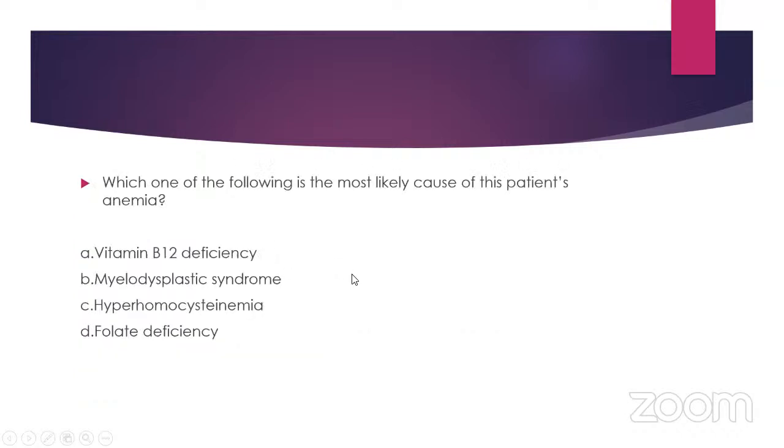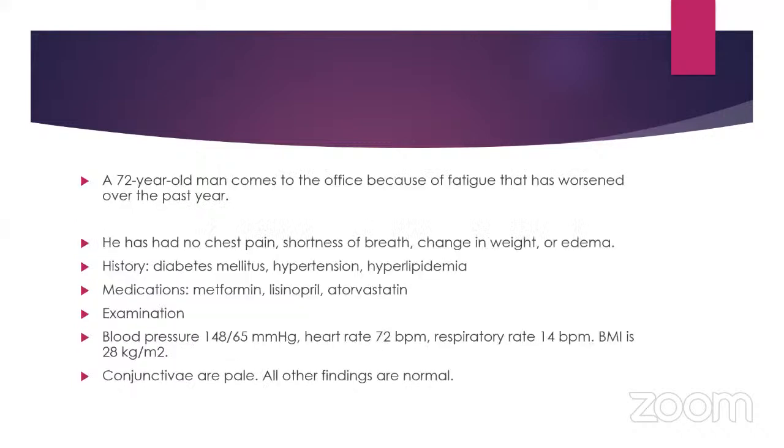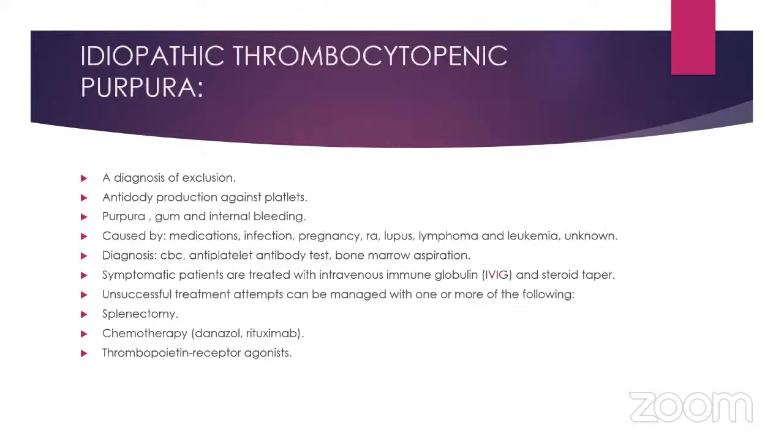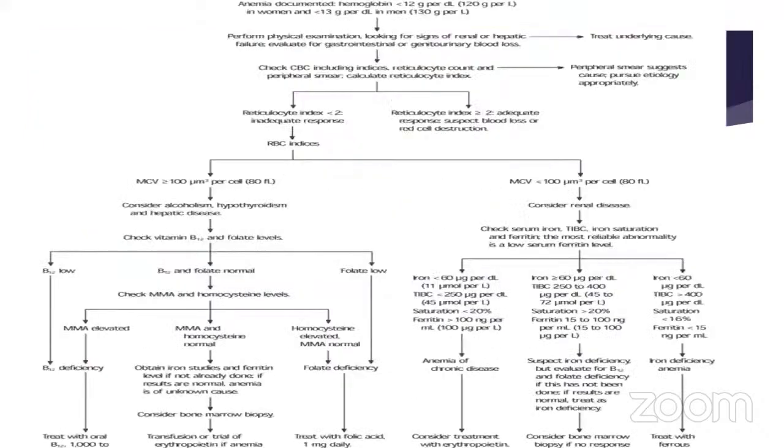But I think, Dr. Amna, they said there is a normal vitamin B12. That means the level could be normal and there's still low. Previous figures, I think, we can have B12 deficiency when we have normal levels of B12 and folate. We go for MMA and homocysteine. Yeah, nice information. Thank you.